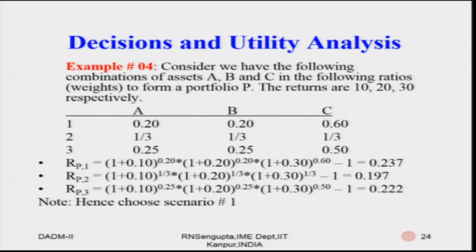So, obviously, you will choose decision 1, and these calculations can be done for different types of probabilities, with the geometric mean being the main deciding criterion based on which you are going to take a decision. And you will see that these different methods give different ranking systems. It does not mean that one ranking system for a decision is worse than the other. It is basically how you analyze the problem from your point of view and what you consider your utility function.